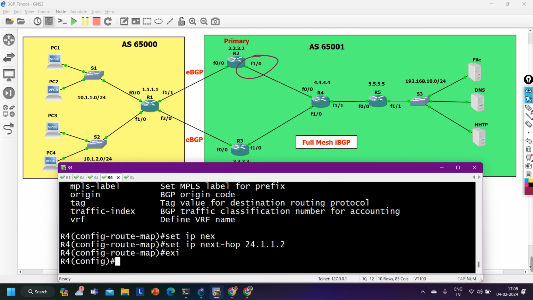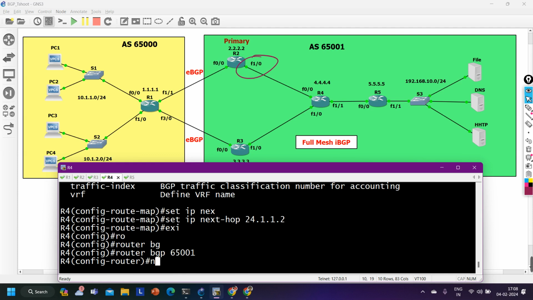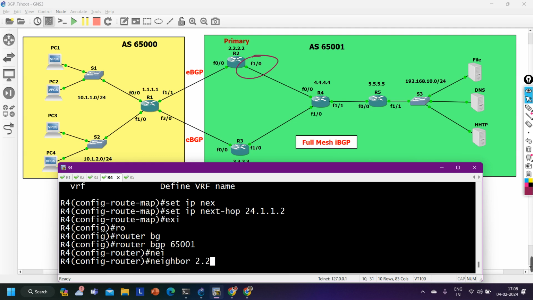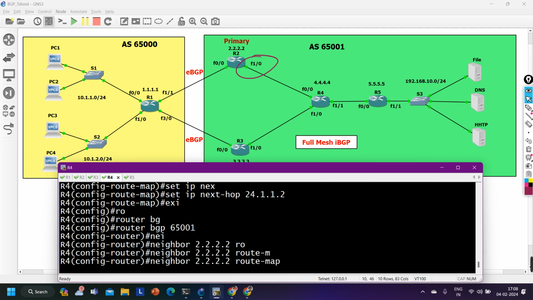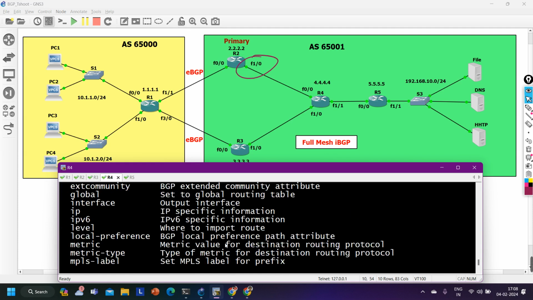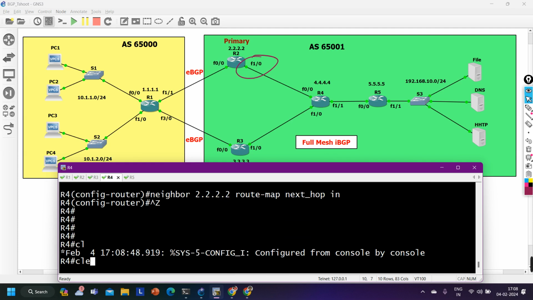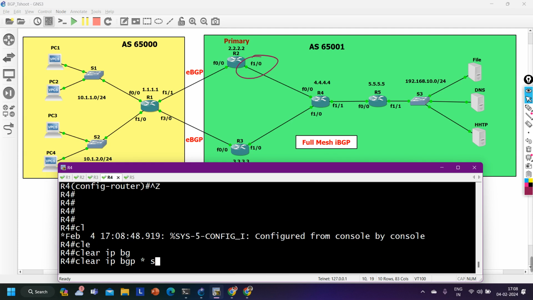And now I am going to apply this route map in BGP with neighbor 2. So router BGP 65001, and then I am going to say neighbor 2.2.2.2, and let me call the route map with this neighbor. The route map name is next hop. Let me verify the name because this is very important. Okay, the name is correct, next hop, right? And then the direction, in. Now if you run the command here, clear ip bgp * soft in,